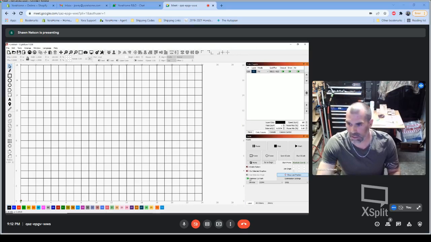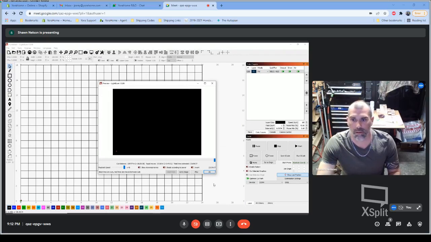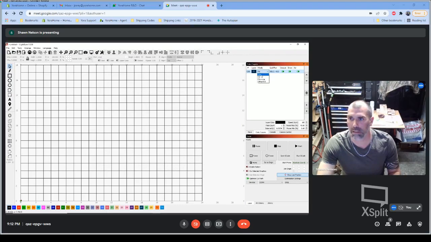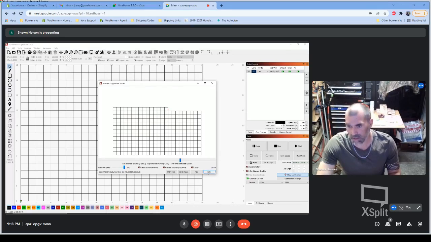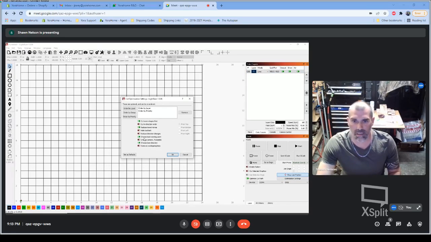And then this is where optimized cut path really comes into play, because right now when we do preview, and we're going to want to take fill off for this one because that would defeat the purpose. When you go preview, it's going to take 21 minutes for this to burn. And as you see, it's going around in a square. So it's doing each square every single time, burning line after line, going over lines that are already burnt. So each line essentially is getting burnt 2 to 3 times, depending on where it lands, I think. And so 21 minutes. If you go to optimization settings and